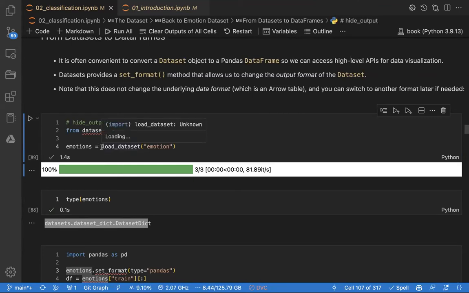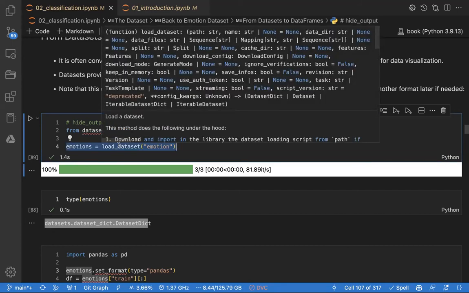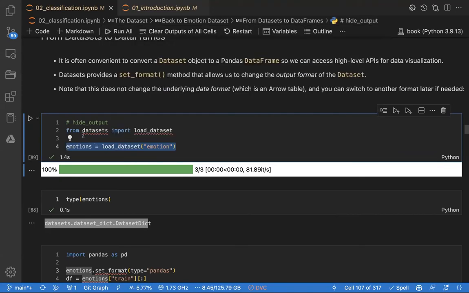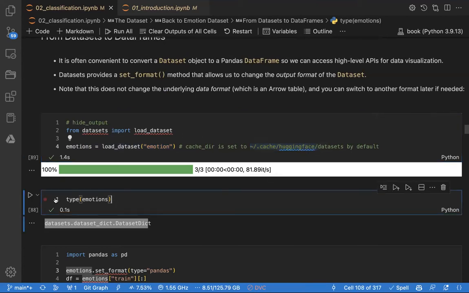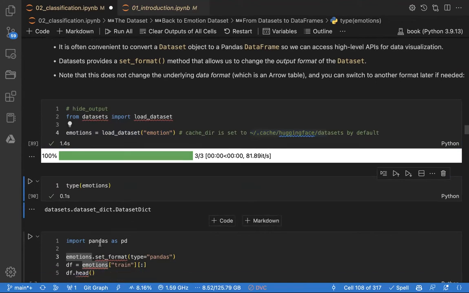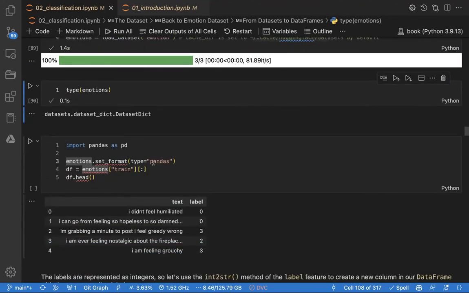Yeah, so one thing you should know is that now I try to load it, and you can see that in a bit it just downloads automatically. When you load something in Hugging Face, it is cached, meaning if you try to load it again, it will not be loaded from Hugging Face, it will be loaded from your computer. You can see it is cached from this directory somewhere else. So this allows you to just load something like this. So you can see the type, and we want to change this to